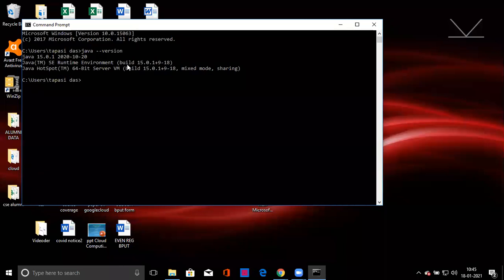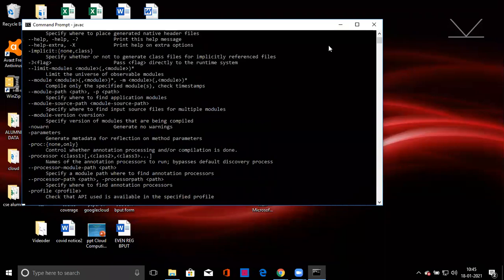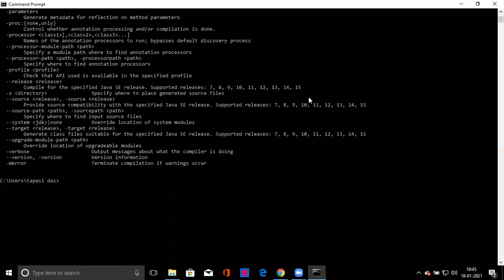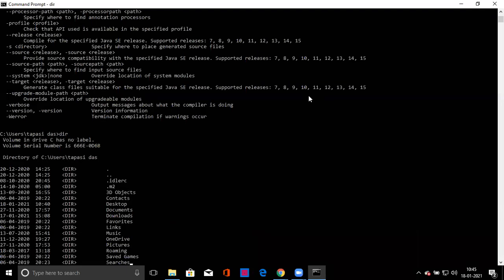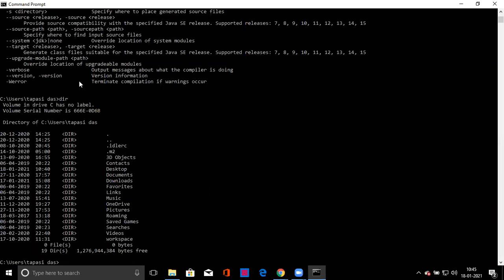After that, you have to check the compiler. You have to write javac. So here, after giving javac, it will show the compiler. Compiler is already loaded. Then to change the directory, we have to type the directory. Okay, so within the directory, our program is stored in desktop.